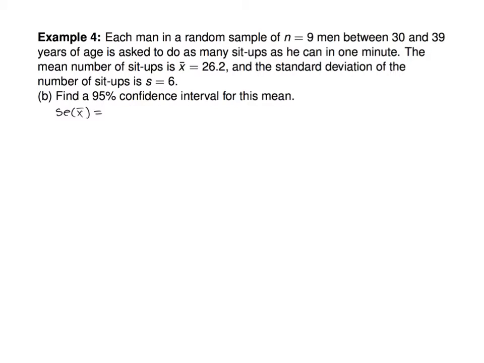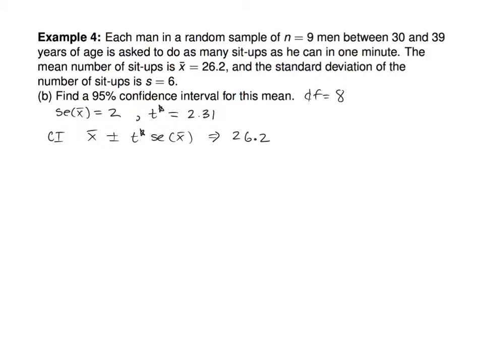We do need to find t star. How many degrees of freedom do we have? Yeah, terrible. So it's going to be a big T star number. 2.31, yep. So your confidence interval is X bar plus or minus this T star times standard error of X bar, which is